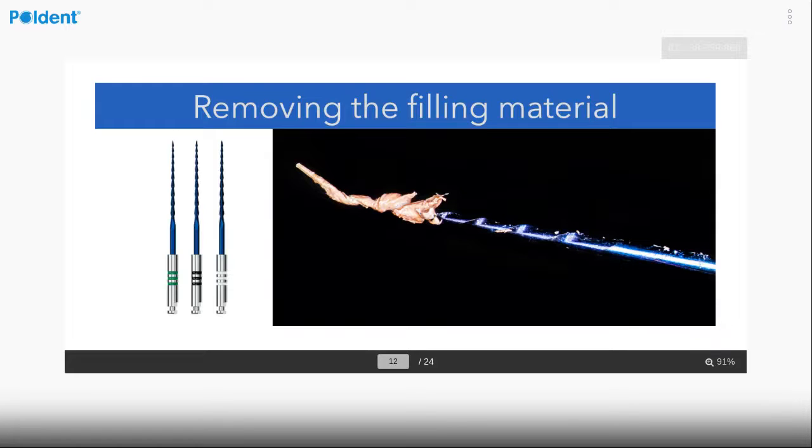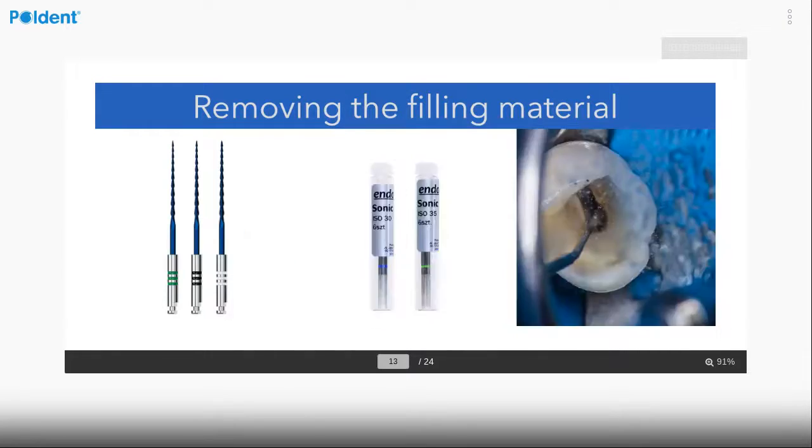Because of this system of removing, or findings that you already know, I divide my gutta percha removal protocol into 3 stages. First of all, we need to make the canal patent and remove the most volume of gutta percha, and this is when I'm using the Azure files, and then we can start and do something more. And the something more, the second stage, is always ultrasonic irrigation. No other